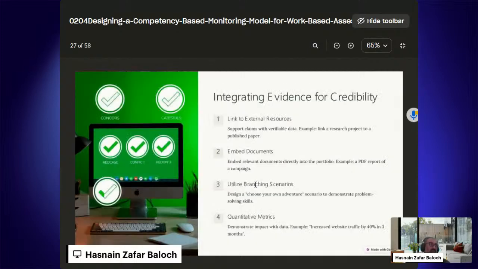Yes, we need to integrate evidence of learning to increase credibility. It allows links for external resources, and we can even embed documents like PDF reports or feedback from patients or your supervisors while working in clinical settings. Or we can integrate branching scenarios,